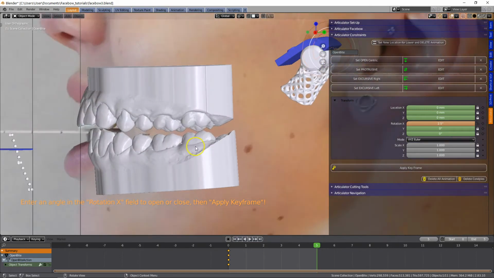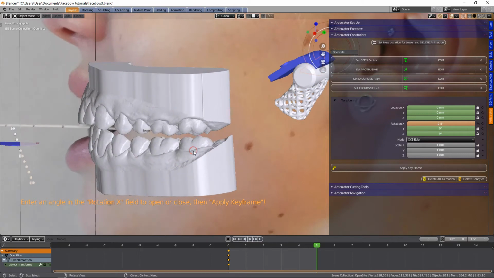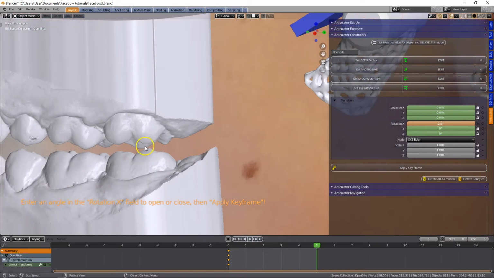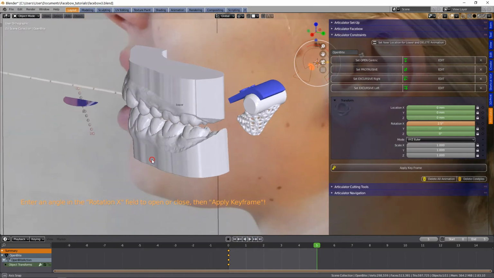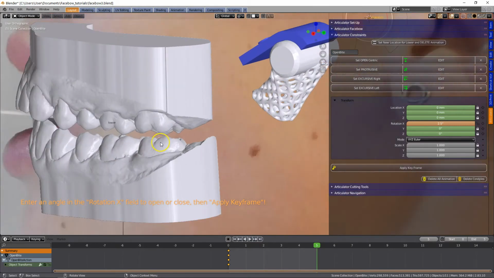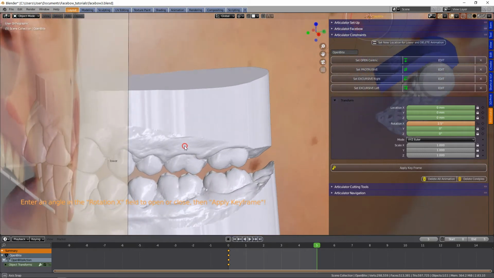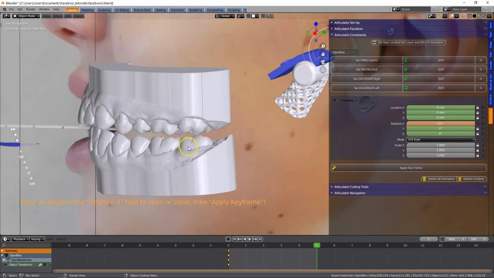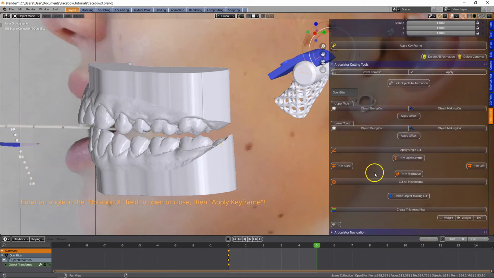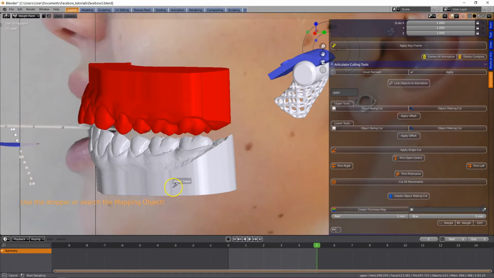And if you would like to make a splint, for example, you need to make sure that you've got enough space between the molars. This is critical, else the material would be too thin. Now we can measure this distance quite easily by going to the next menu. At the bottom we have a thickness map. So if I select the top model and then I create a thickness map with a dropper, I will then